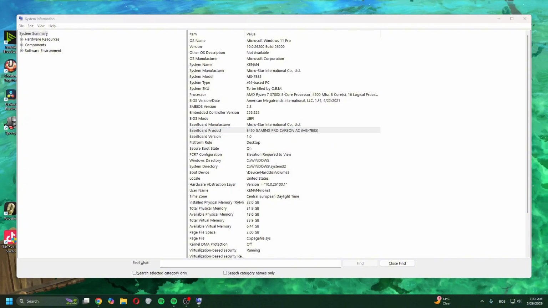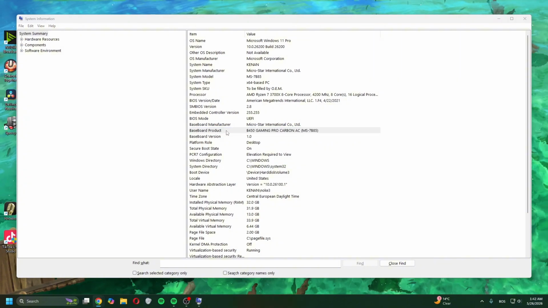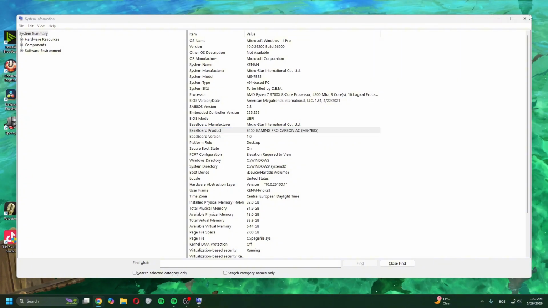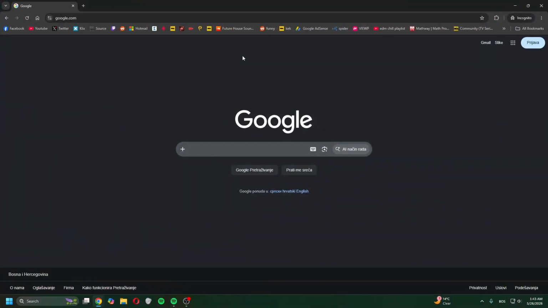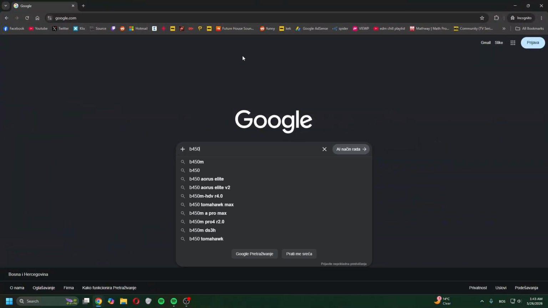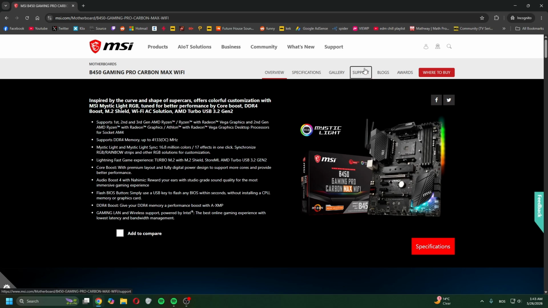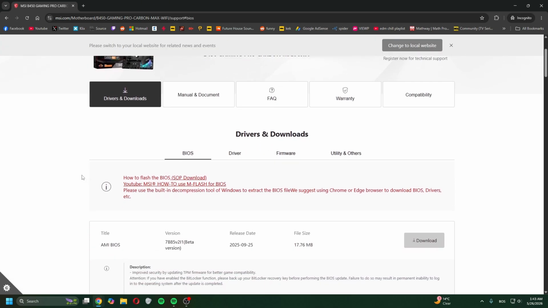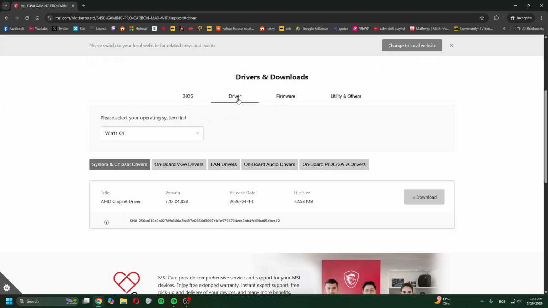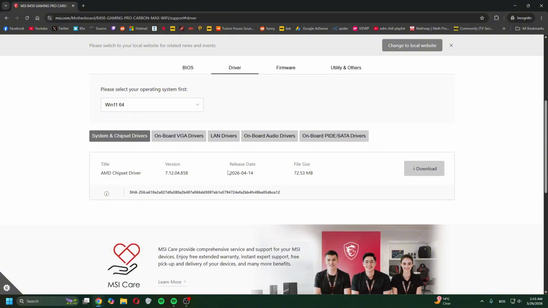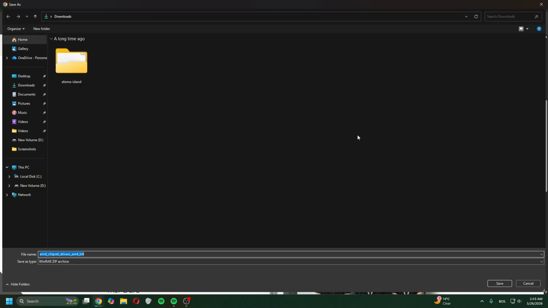In my case, it's B450, and you can copy this into Chrome. I already know it, but you want to copy this for your motherboard, so B450 Gaming Pro. And after I find it, you want to click on it. You want to go to support, now drivers and downloads. You want to go to drivers again, and you want to download the latest chipset driver, which in my case came out like last month. You want to download it and install it,